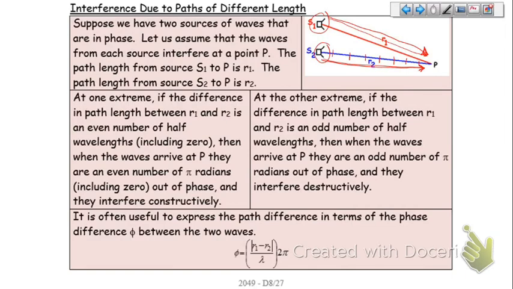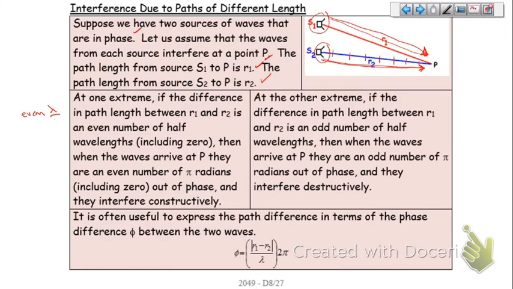So the trick is the distance away, what we call the path difference. Suppose we have two sources of wave that are in phase. Let us assume that the waves from each source interfere at point P. The path length from source S1 is R1. The path length from source S2 is R2. At one extreme, if the difference in path length between R1 and R2 is an even